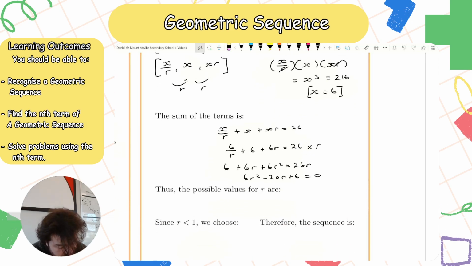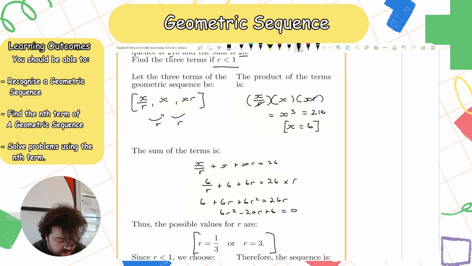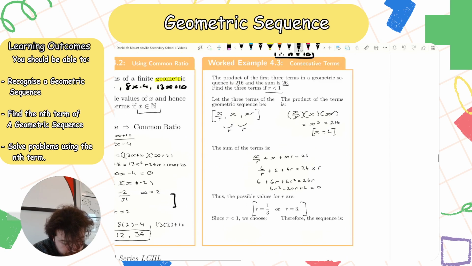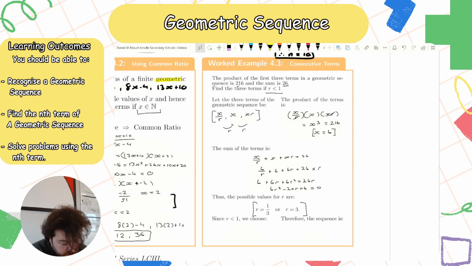Then the possible values are, well, I could divide across here by 3, a bit lazy here now. Right, so if you factorize and solve this quadratic, you'll get r is equal to a third and r is equal to 3. But up here in the question, r is less than 1. So therefore, r is equal to 1/3. Then to find the first three terms, I just sub r back in here, and I get 18 and